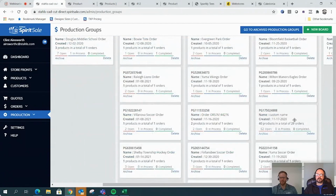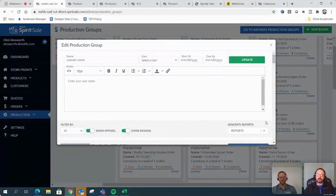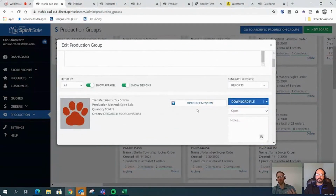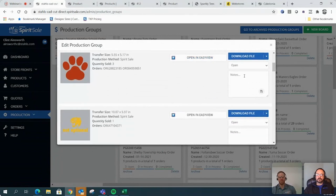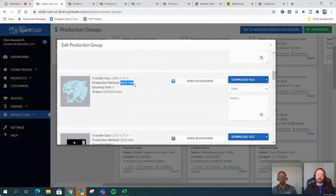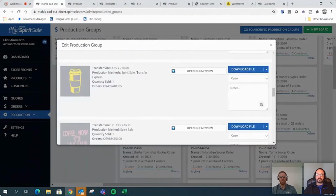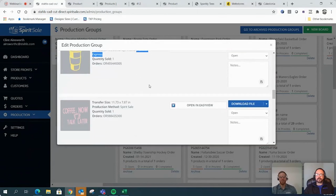But now I'm actually going to go in here. Let's say for this one, for example, this is 29 orders I'll group together, which is going to be more realistic when we're closing down a store and it's time to get orders out the door. Within here, you can see I can click on this tile, and now I have laid out for me all the different design elements with their fulfillment options based off of the type of decoration that was used. So I'm seeing here Spirit Cell, meaning that it was probably either custom artwork or used in CADWorks Live, but then anything that was maybe used through Transfer Express, like a Transfer Express template,